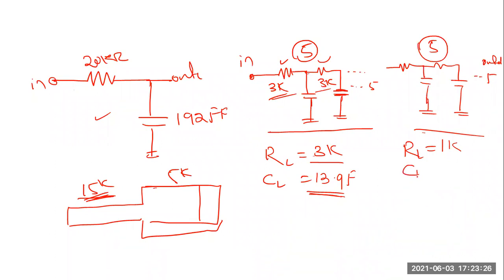Okay, so capacitance, right? 24.5 femto. Okay, yeah, 24.5 femto. So this is the actual value. RL, R on the left side will be 3K and CL is 39.5 femto. So RR is 1K and so on. So now put this in your code. Everything is there. Just put that value and check.